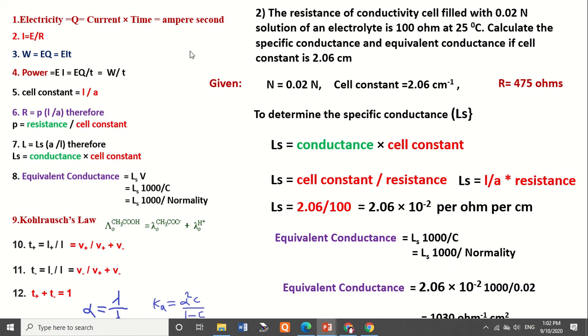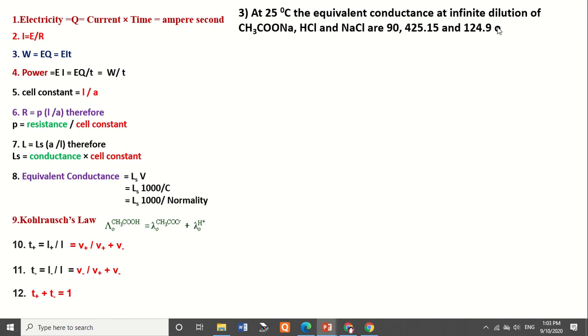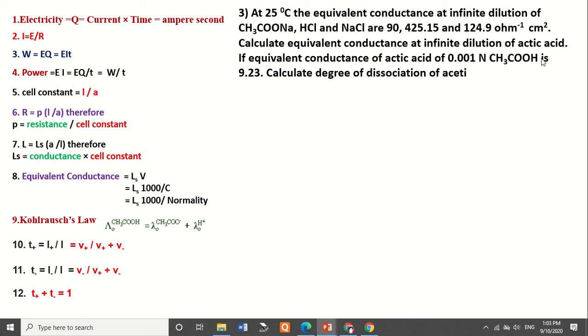Now, focus on the third problem. This problem is based on Kohlrausch's law. At 25 degrees Celsius, the equivalent conductances at infinite dilution of sodium acetate, hydrochloric acid and sodium chloride are 90, 425.15, 124.9 per ohm centimeter square. Calculate the equivalent conductance at infinite dilution of acetic acid. If the equivalent conductance of acetic acid of 0.001 normal solution is 9.23, calculate the degree of dissociation of acetic acid